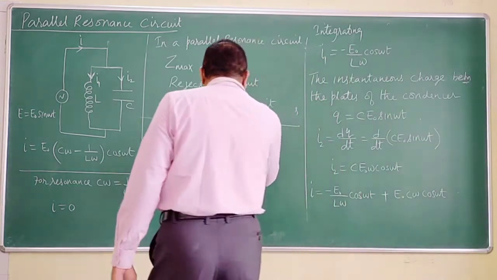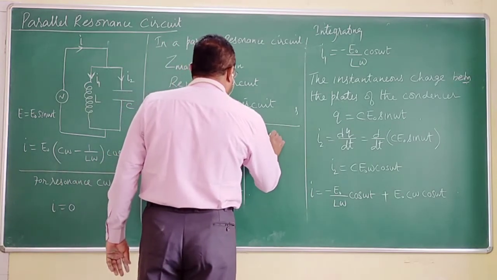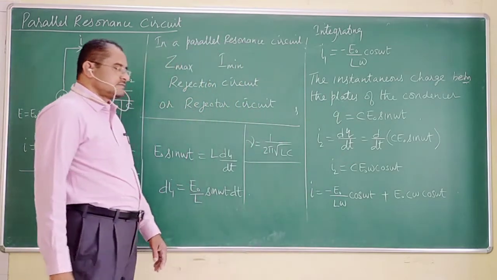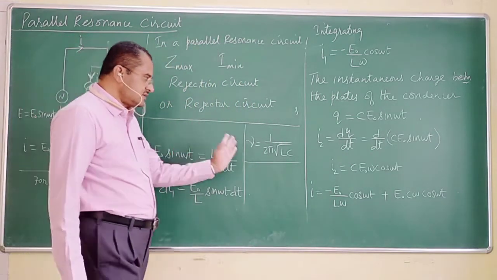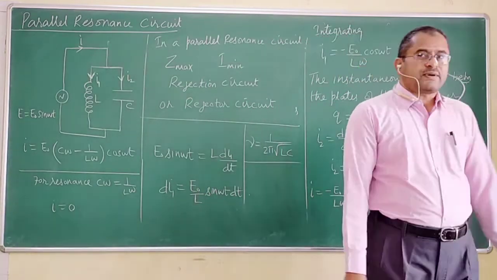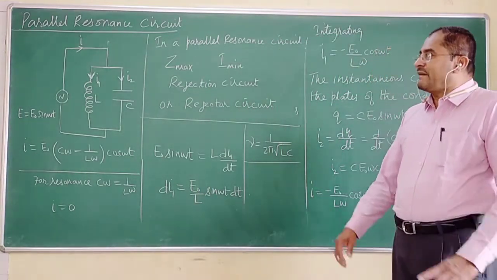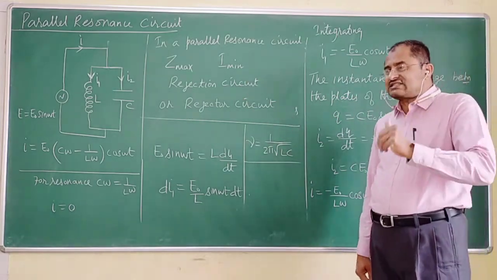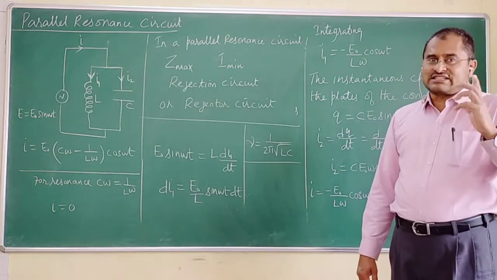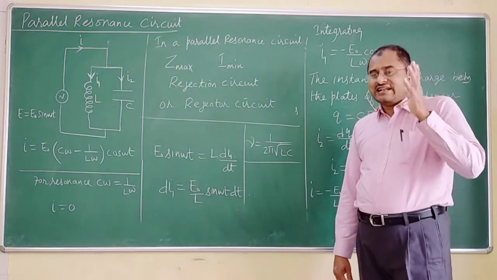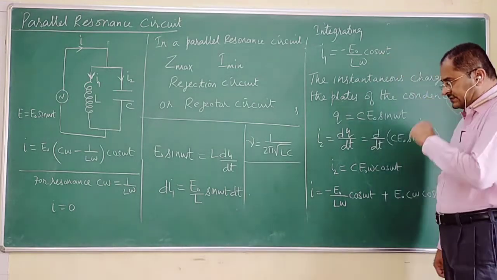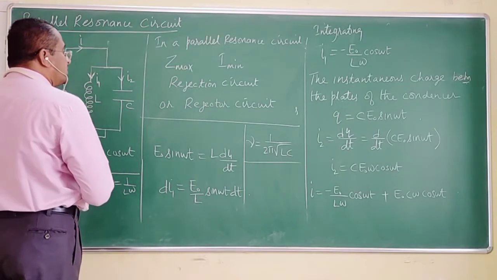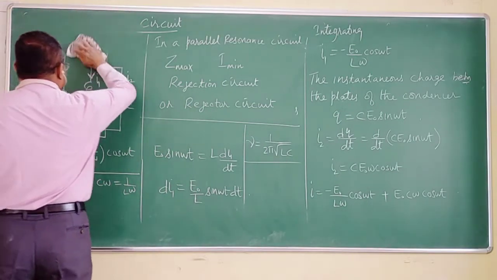What will be its frequency? The frequency as before will be 1 by 2 pi under root of LC. Is that clear to you, sir? This is the expression for frequency of an LCR parallel resonant circuit. And in this case, we have assumed the resistance of the circuit to be negligibly small, and the inductor has negligible resistance. Okay, sir? Fine. If this is okay to you, we move on to the next topic for discussion,